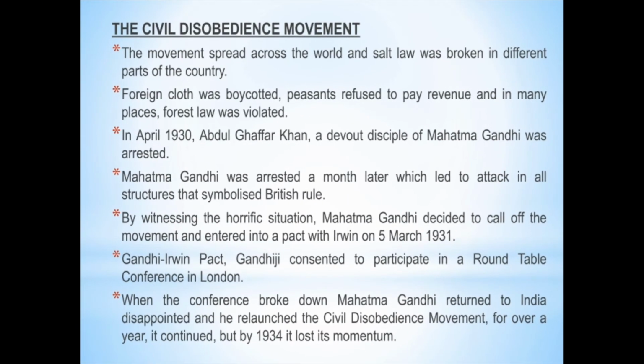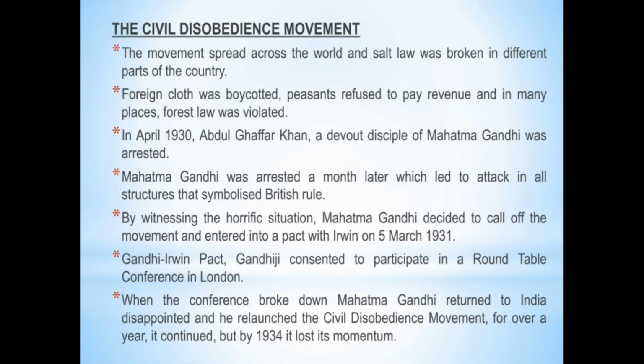The civil disobedience movement spread across the country, and the salt law was broken in different parts of it. Foreign cloth was boycotted, peasants refused to pay revenue, and in many places forest law was violated. In April 1930, Abdul Ghaffar Khan, a devout disciple of Mahatma Gandhi, was arrested. Mahatma Gandhi was arrested a month later, which led to attacks on all structures that symbolized British rule. Witnessing the heroic situation, Mahatma Gandhi decided to call off the movement and entered into a pact with Irwin